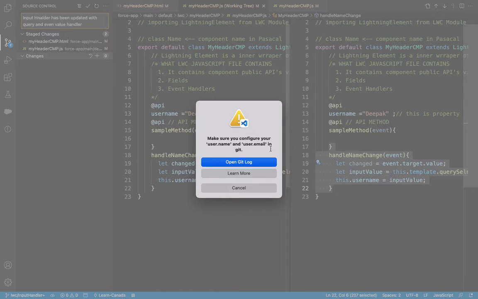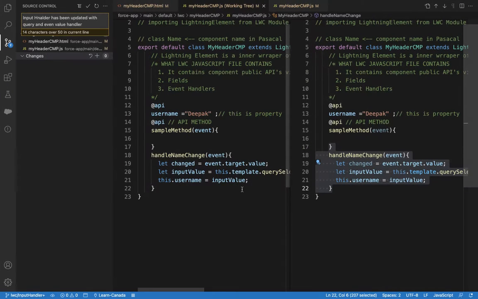The reason behind, we need to set Git username and email ID. How to set that? Let's say cancel.